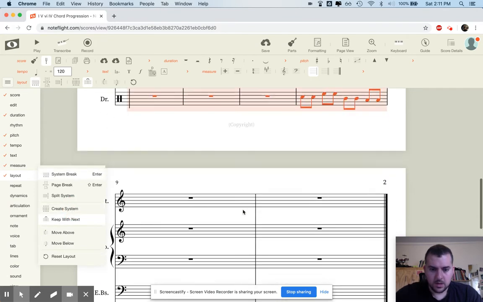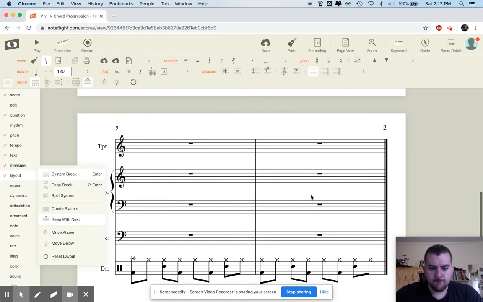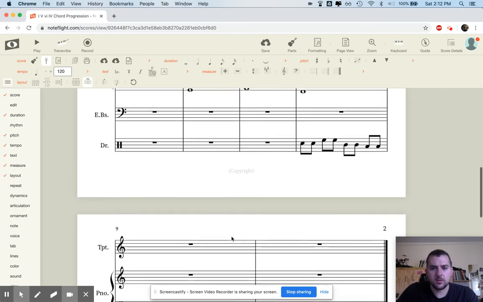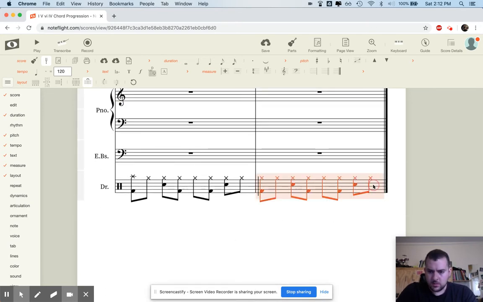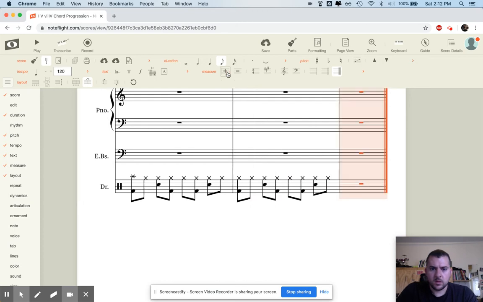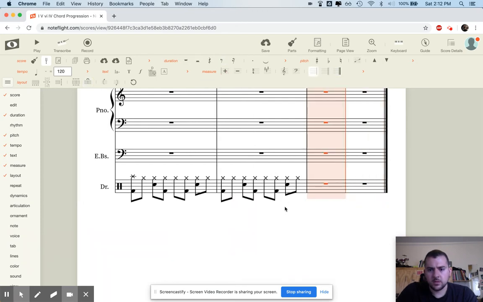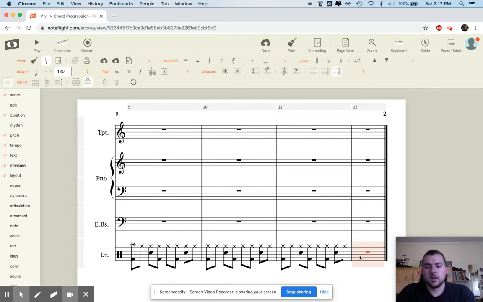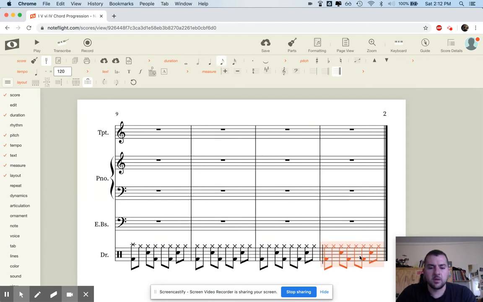Okay, and now I want to keep going, right? Keep going with this. I'm gonna add a measure. I'm gonna add another measure. Okay, I'm gonna use the same groove right here, paste and paste. What I did was copy paste. All right,